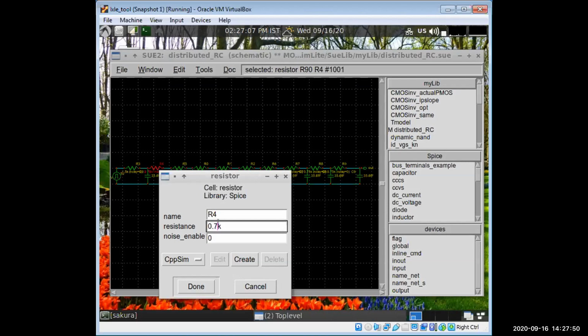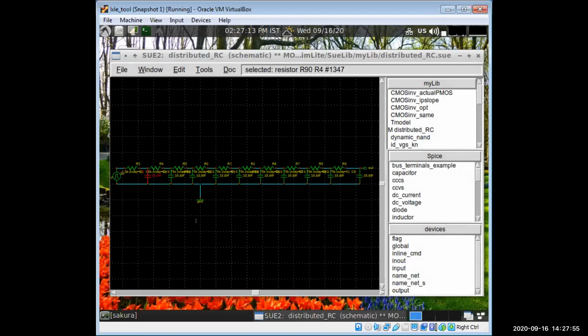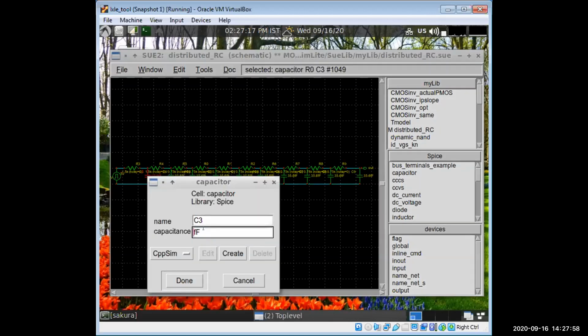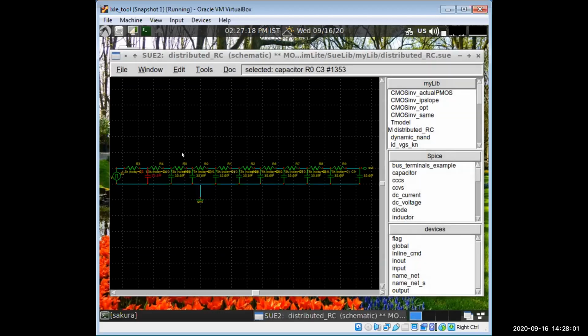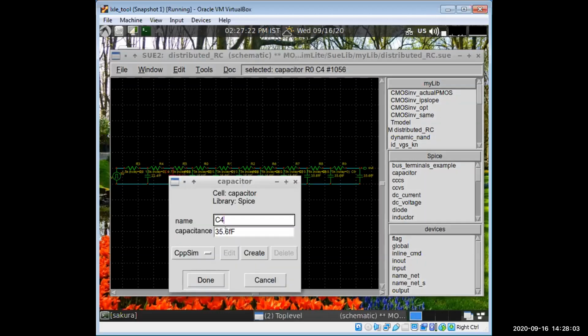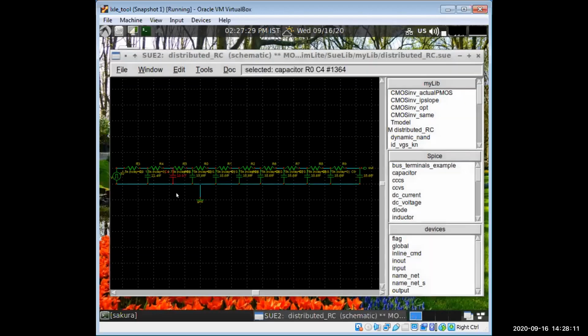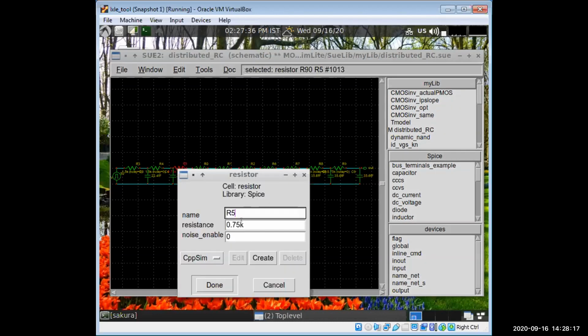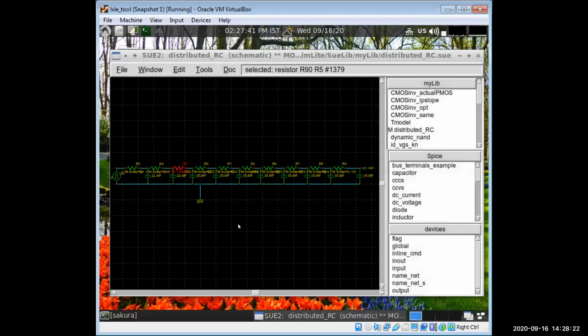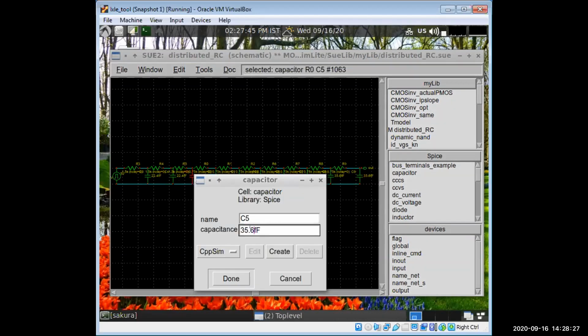Okay, and change all the values. 5. Capacitance value was 20.4. 22.4. At a time you cannot select all these things. While I'm changing the values, you can also do it. Can you select all values at a time and change them or not? No, sir. I have to change all the values now.